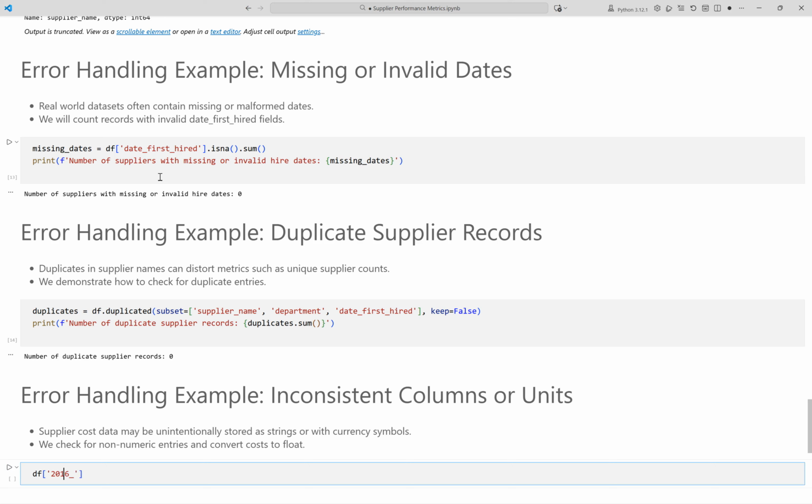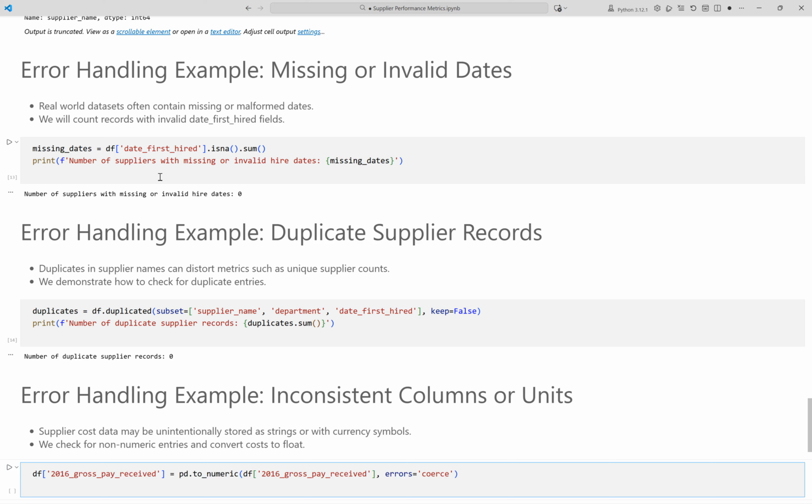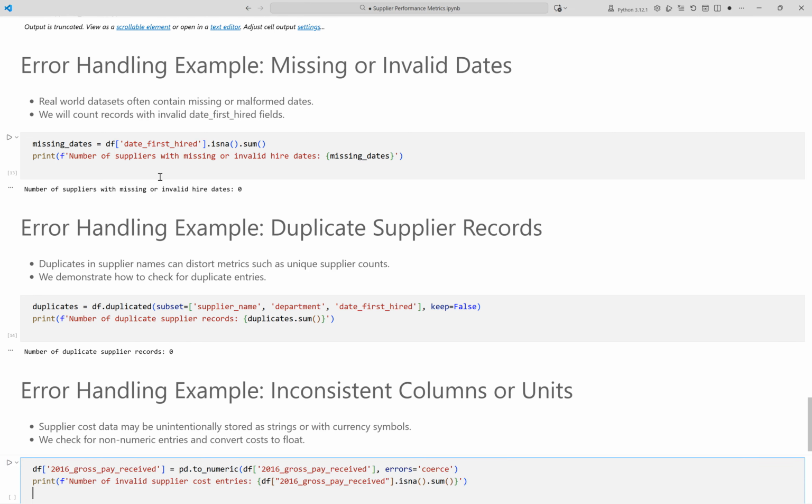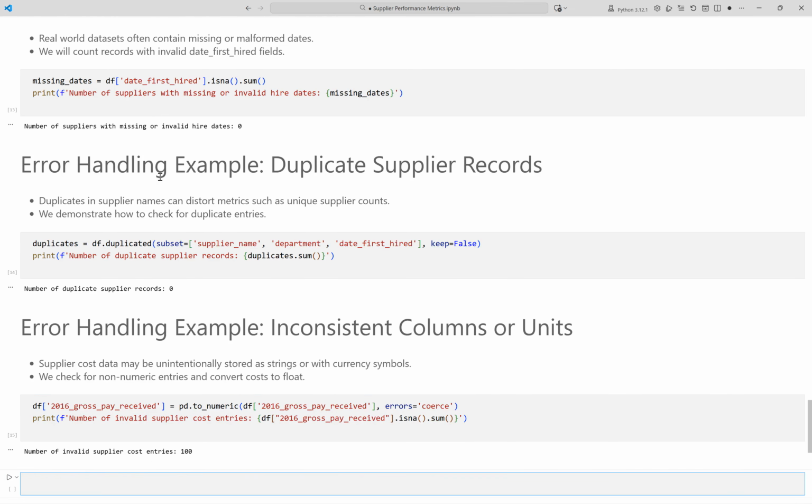We coerce all supplier cost entries to numeric, setting failures to NaN. We print the number of entries that cannot be interpreted as a valid cost. Running the cell now. The output shows there are 100 invalid entries in the